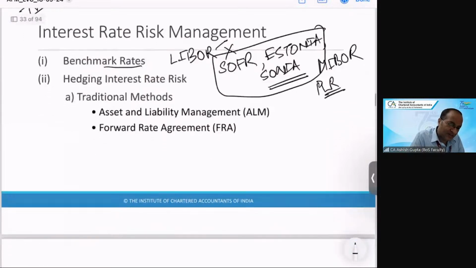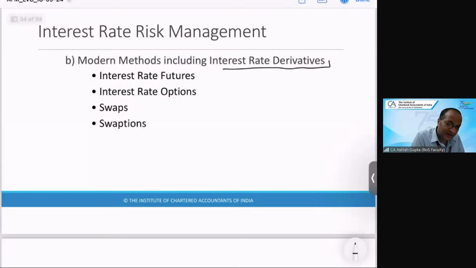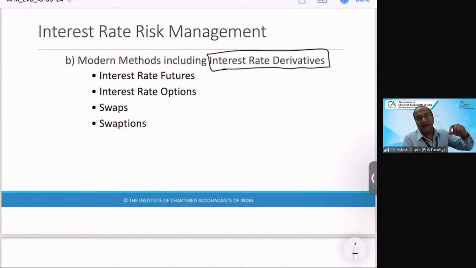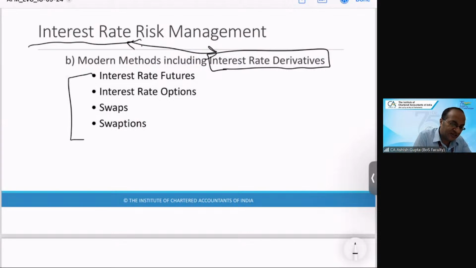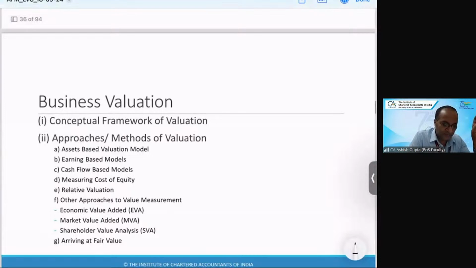Then we come to the hedging of the interest rate risk. Traditional liability management, I'm not going into that. Here the forward rate concept we have discussed in derivatives will be used, and the underlying will be the interest rate. Similarly, interest rate derivatives. So this topic will be a blend of the derivatives we have discussed and here our underlying will be the interest rate. Overall, we shall see how we can use the combination. I'm just giving a very brief overview, don't worry, students. My purpose here is to brief you about the syllabus. First you understand the syllabus, then you proceed.